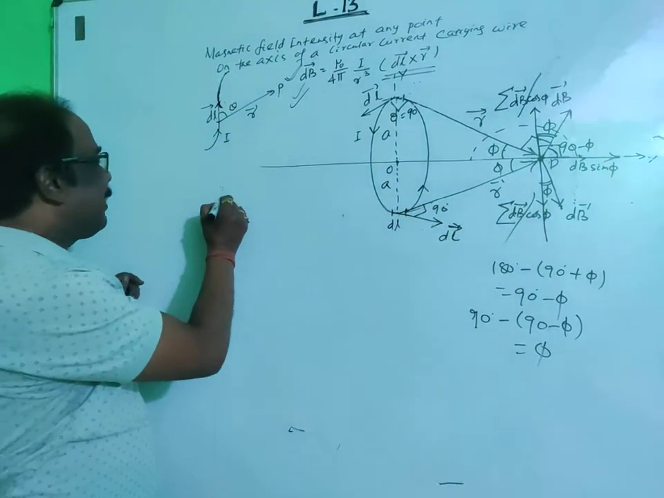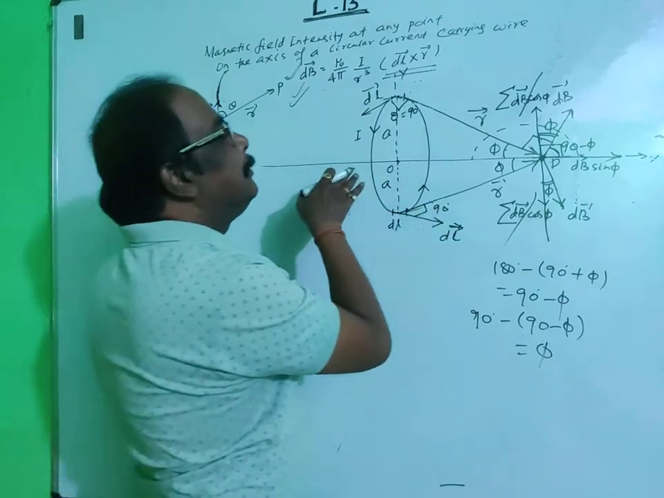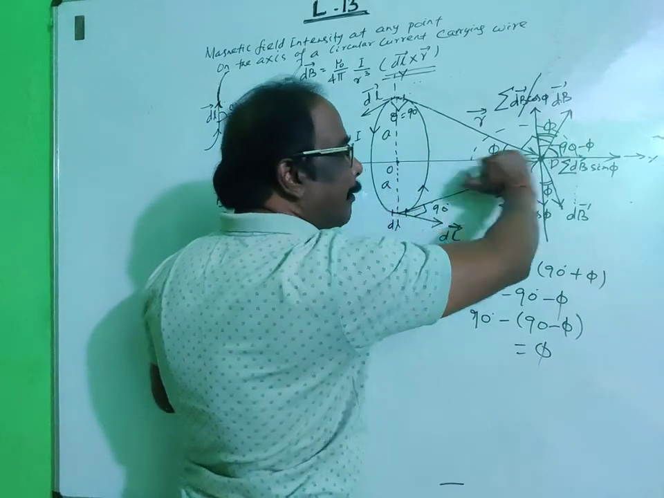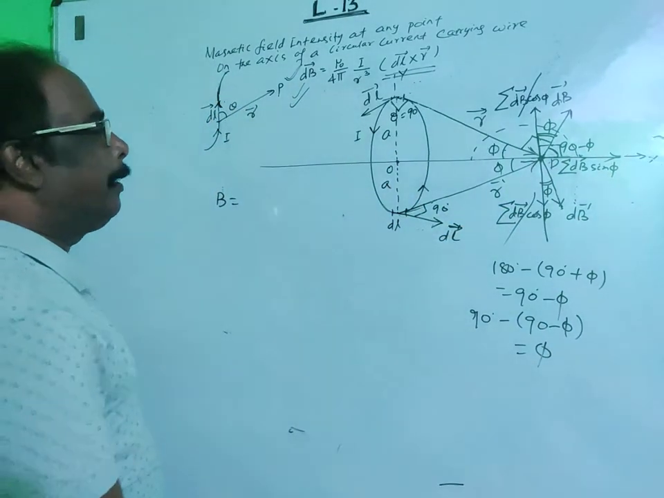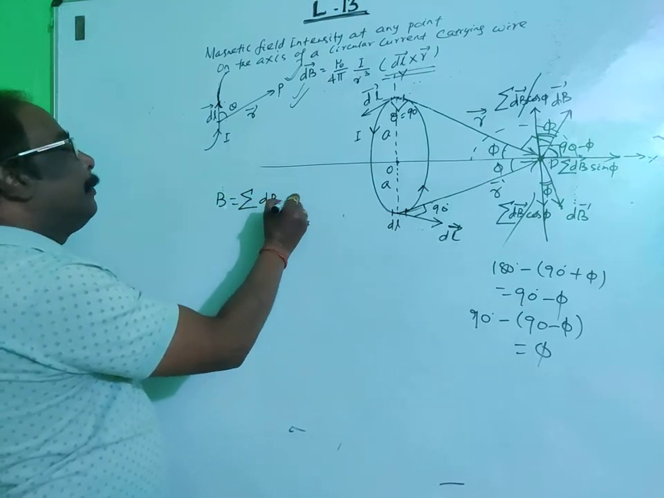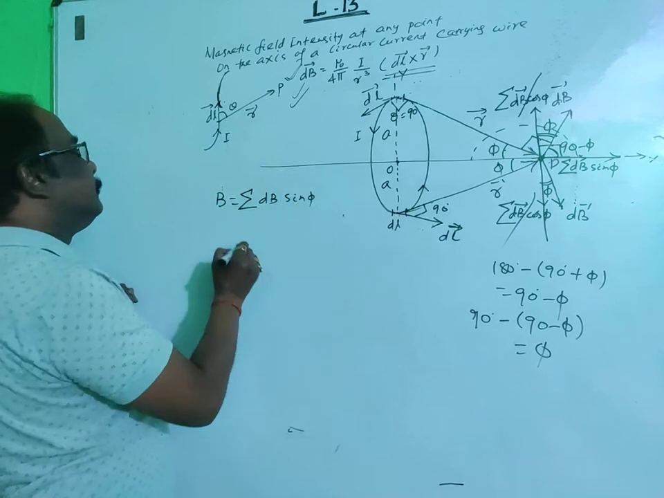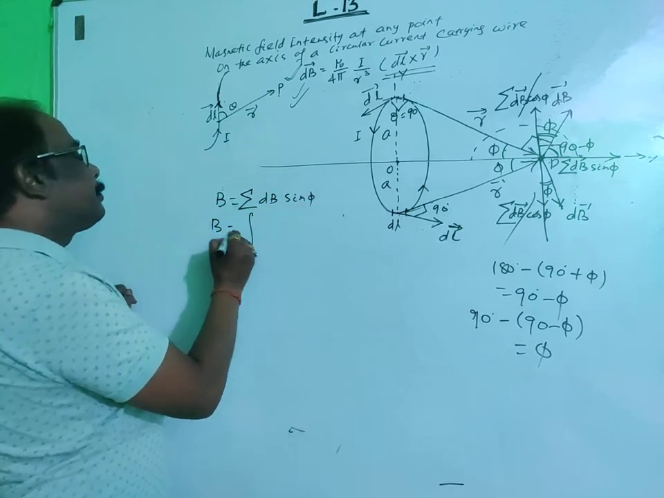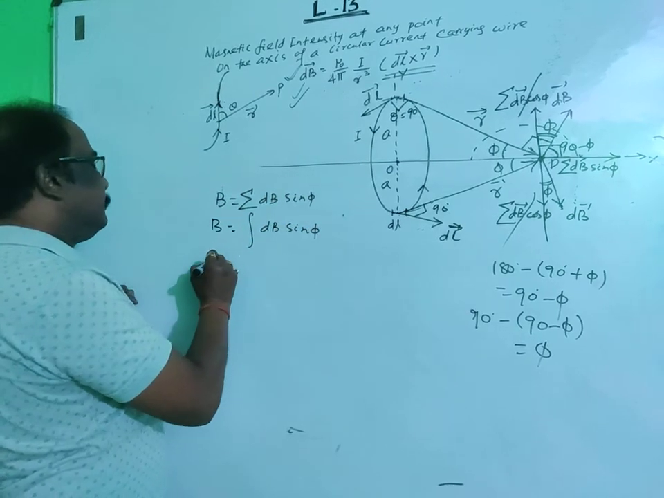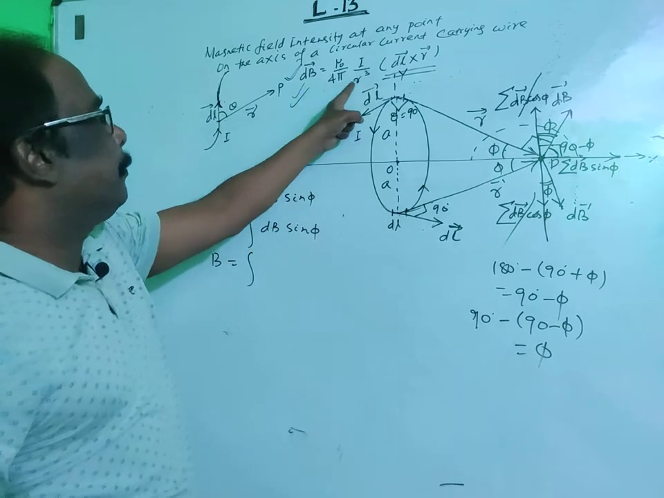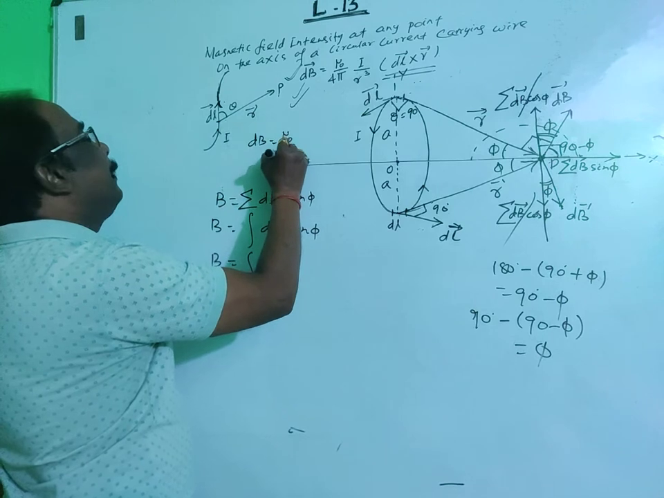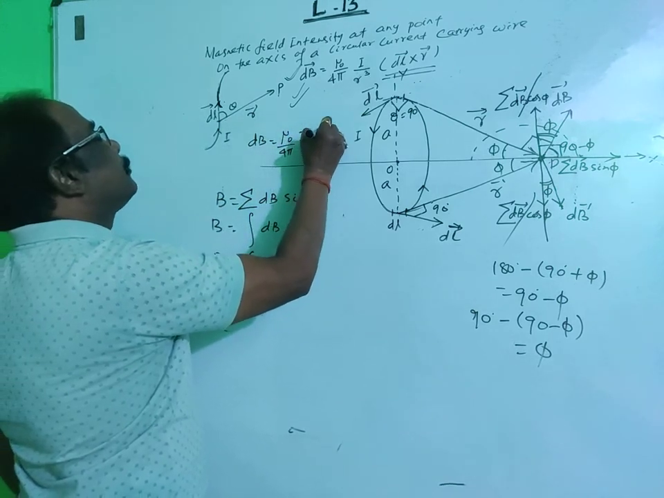Then the resultant magnetic field is only this component, meaning the sum of dB sin phi along this direction. Taking the magnitude, B is equal to the integration of dB sin phi. Then for the magnitude of dB, the formula is mu 0 by 4 pi I dl sin theta